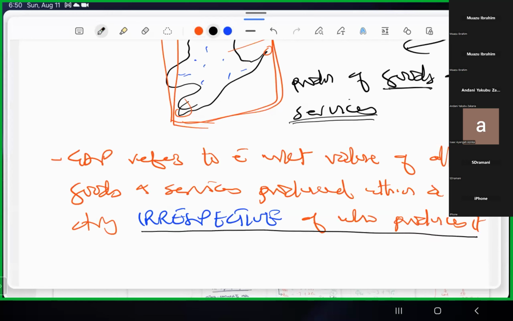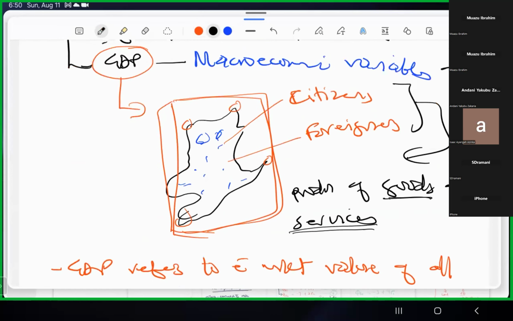The market value of goods and then what? Services. Here it is irrespective of who produces it because as a country we have foreigners who are also production agents, and then we also have citizens. So as far as that particular good is produced within Ghana, we will count it as part of our